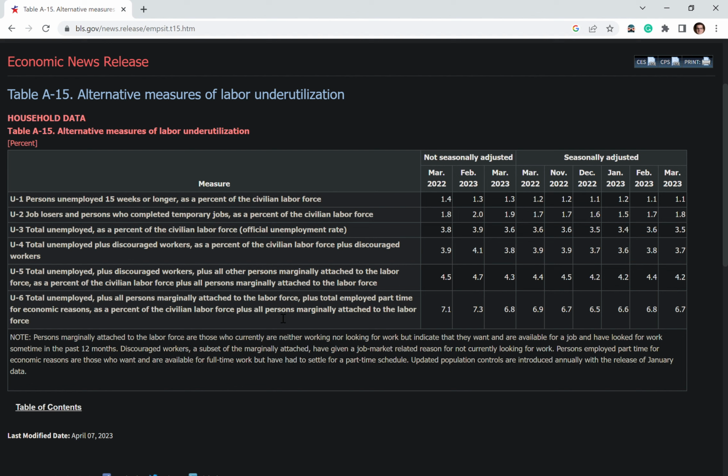So one of the things that happened in the Great Recession was that the U3 rate was very low. It wasn't very low, but it wasn't as low as the U6 rate. And we were feeling that U6 rate. You know what I mean? Everybody was feeling like a lot of people were getting laid off. It was very difficult for people to get jobs. And so as a result, there was a lot of disbelief in the government statistics, right? The government says the unemployment rate's only 7%. Well, then how come 7 out of my 10 friends are unemployed right now or something like that, right? And that's because those people might be in the discouraged workers or the marginally attached workforce category. Okay,